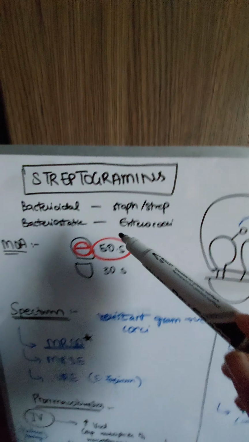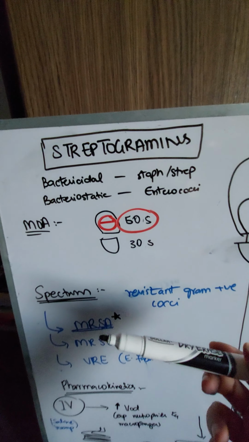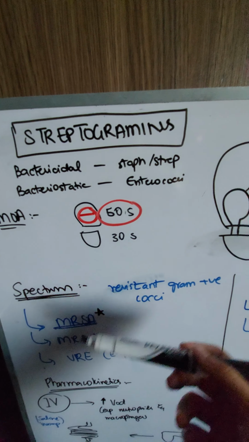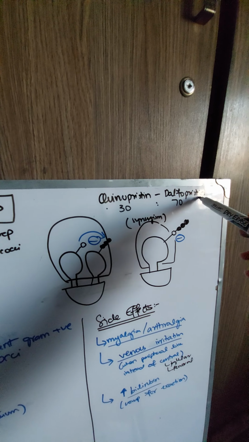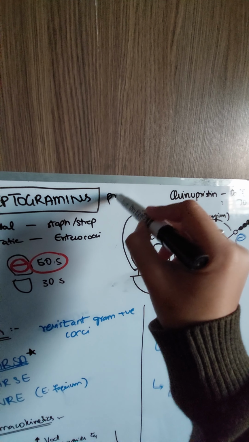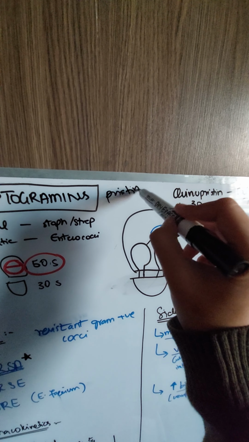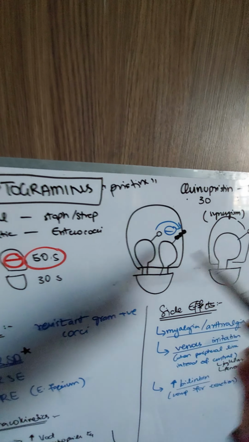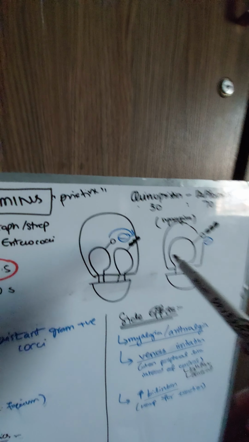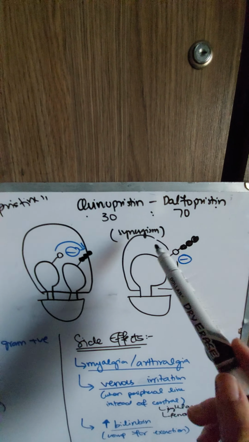So this video is about streptogramins, which are protein synthesis inhibitor drugs. But streptogramin के अंदर हमारे पास दो drugs आते हैं, एक है क्विनोप्रिस्टिन, एक है डाल्फोप्रिस्टिन. So pristins और streptogramins. However, हमारे पास mostly इन दोनों का combination हमें मिलता है therapeutically used, which is a 30 to